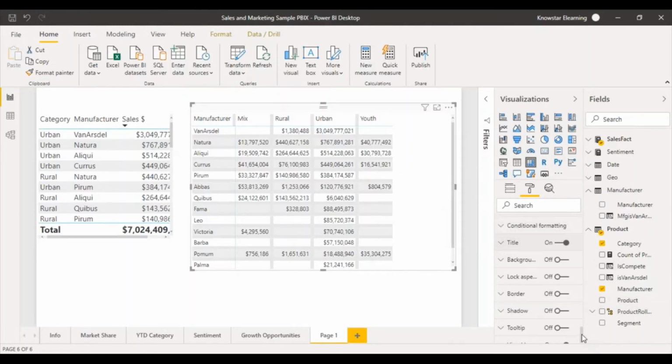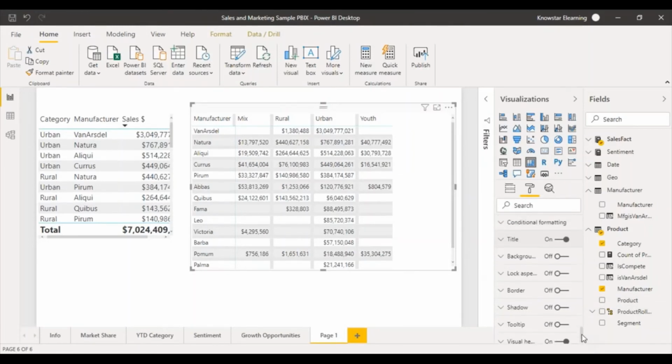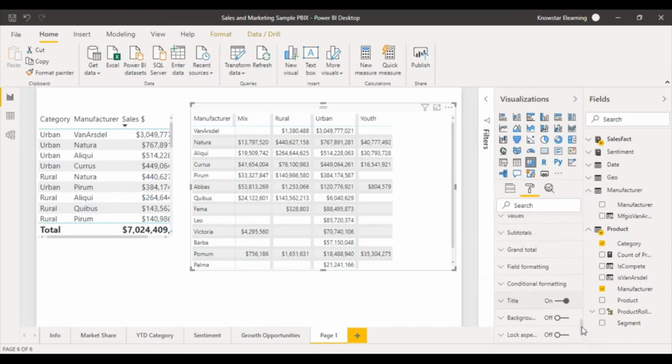For some visualizations though, you will get some different options based on the kind of visualization. So for example, for this visualization, we have an interesting option over here, which is called the conditional formatting. It is something like the conditional formatting in Excel, where you can define a condition and based on that, the columns can be colored. So this is one of the interesting features that you can use in the matrix and table reports to make them look more visually attractive to the business user. So if you click on conditional formatting,